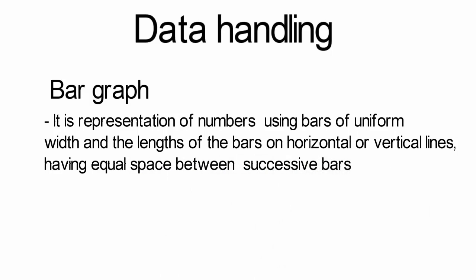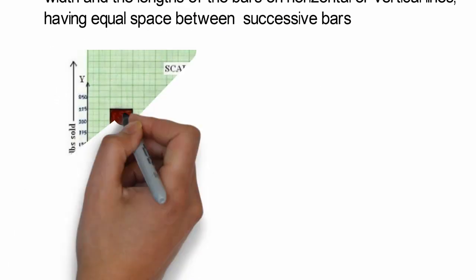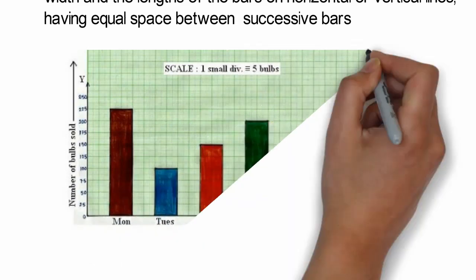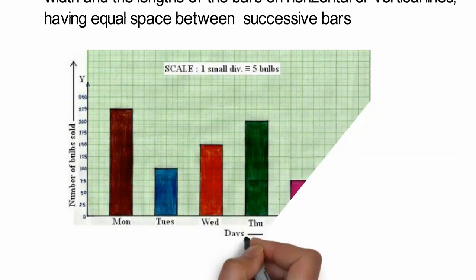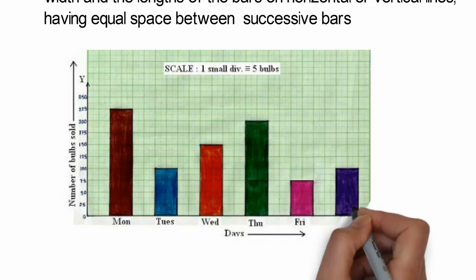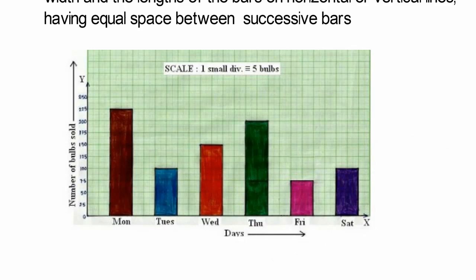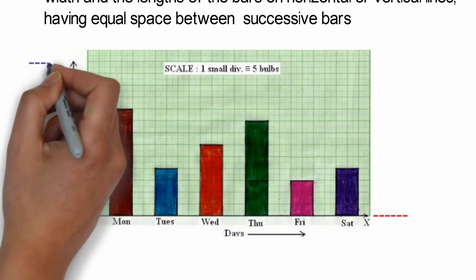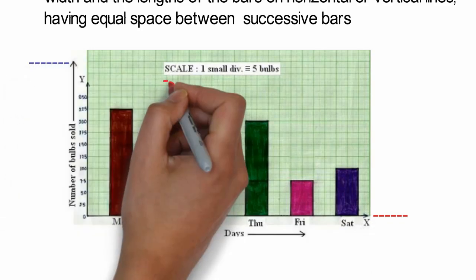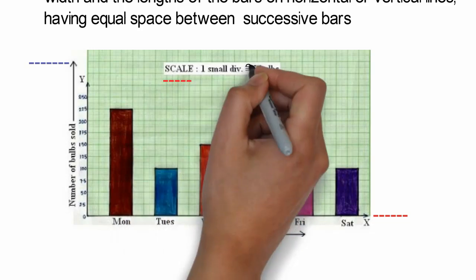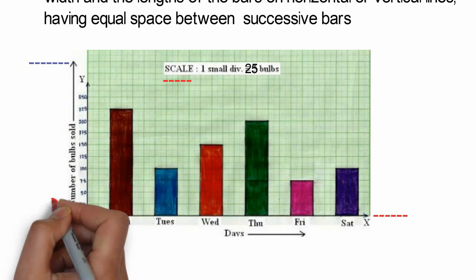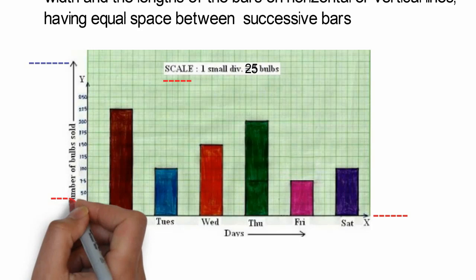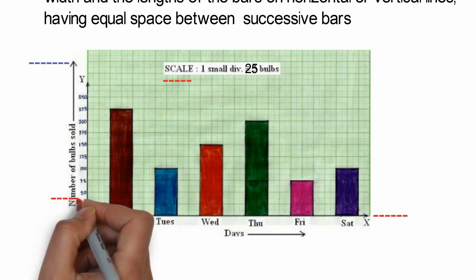So you can understand it with the example. Here is a figure which is showing the bar graph. You can observe here that we have a horizontal line which is denoted by x. On this line you are observing a rectangular strip. The y-axis is where the numbers are. This is the scale. One unit is denoting 25 numbers. Here you can observe that all the numbers have a gap of 25. After 50 there is 75, after 75 100, so there is a gap of 25.